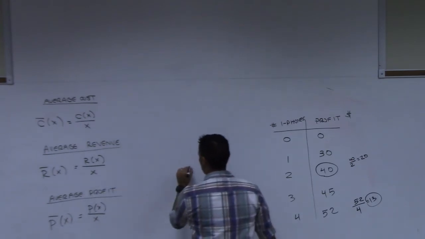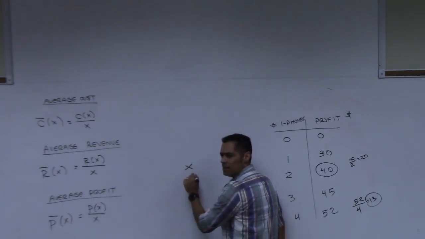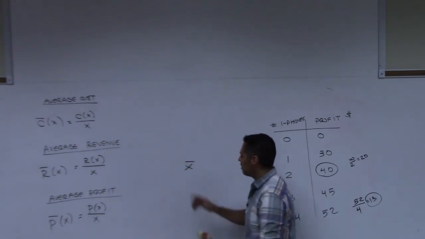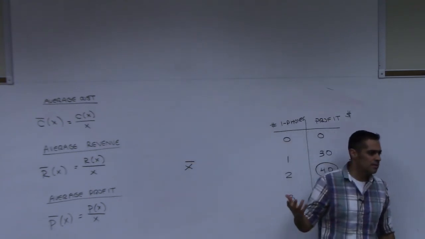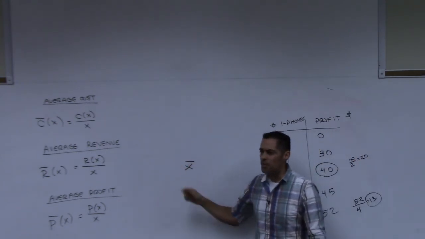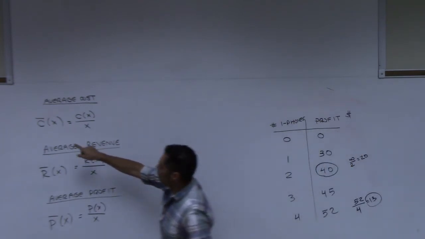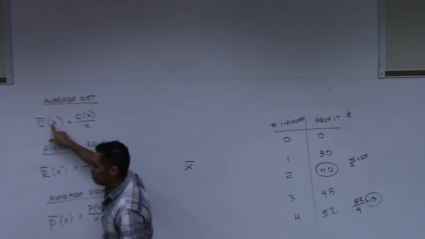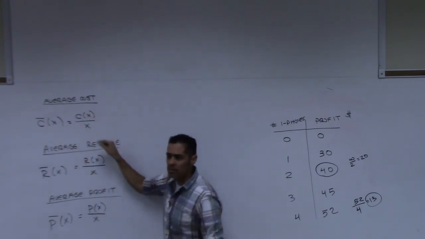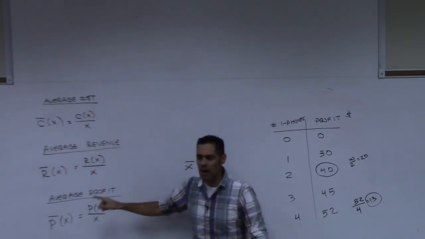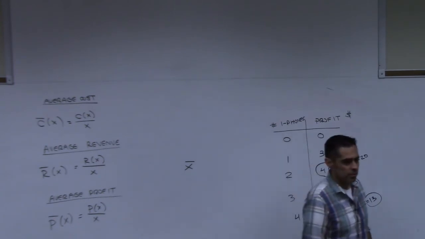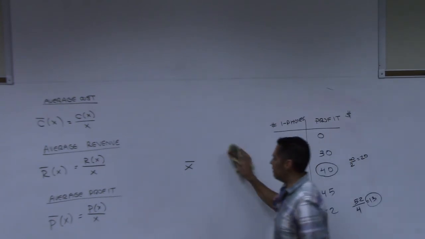I don't know if you've ever seen this. Anyone ever take a statistics class? If you have, then X bar means average, the average of the X values. So that bar is pretty commonly used in mathematics to mean average. So when you see that bar, it means average cost function, which is your cost function divided by X, average revenue function, average profit function. With me? Okay, now,